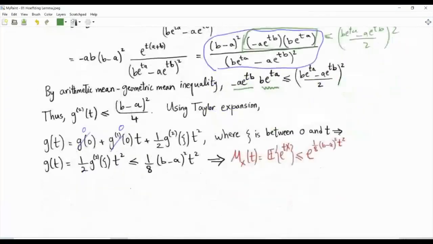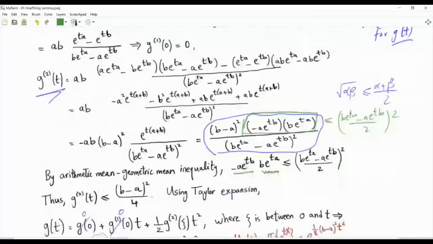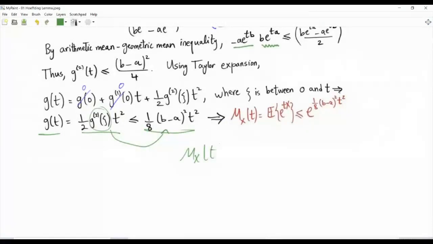And so what we will do is take g of t, and using the Taylor expression, this is its value, but we will use an upper bound that depends on b and a for the second derivative, and then we have t squared because it is the quadratic term in the Taylor expansion. Then that's it. So remember from above that m_X of t is less than or equal to